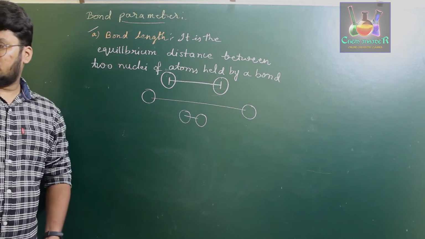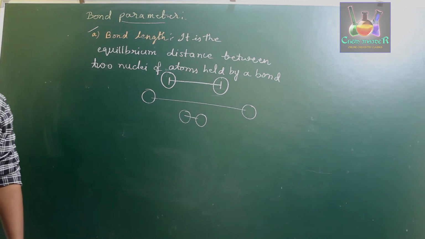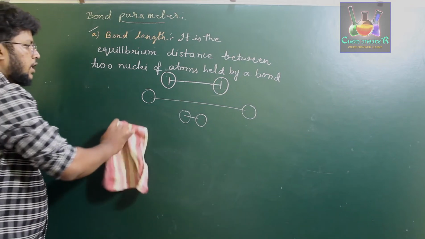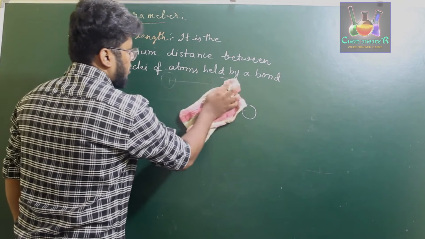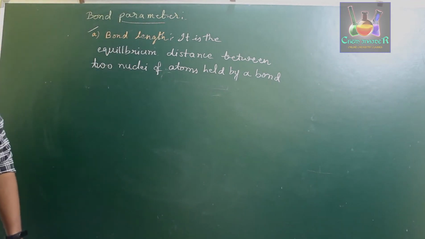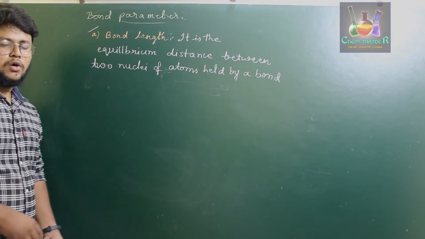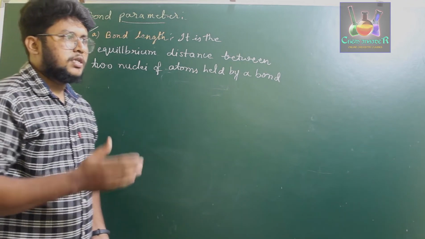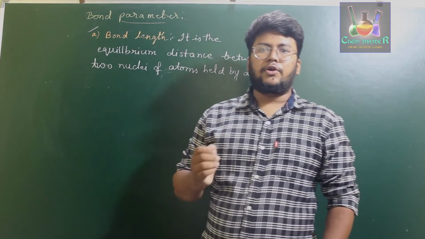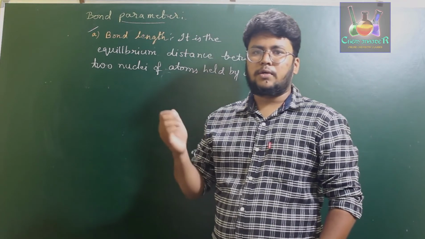Okay, so there are two types of radius, covalent radius and van der Waals radius, which explain the bond length. Usually, whenever you have to calculate the bond length, we use the covalent radii of an atom. We won't consider the complete covalent distance. What we consider is the covalent radii of the atoms of the given molecule in order to find out the bond length of that molecule.